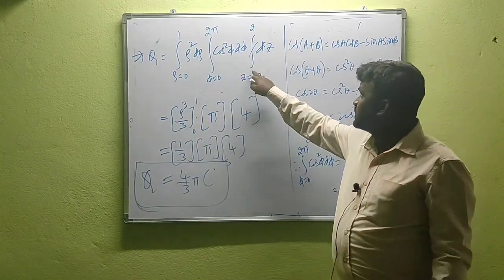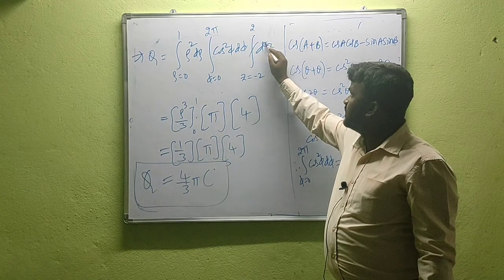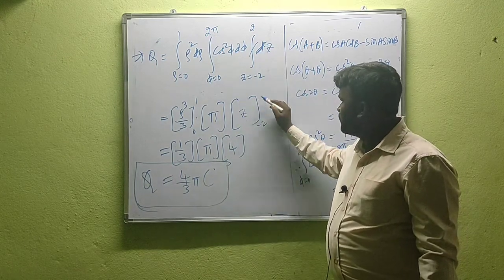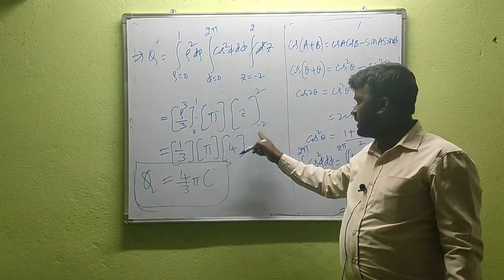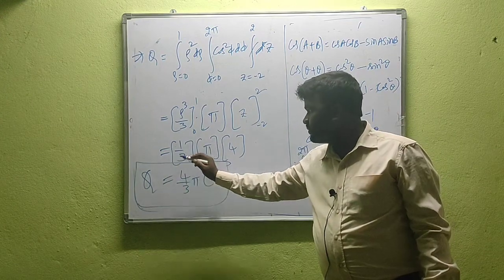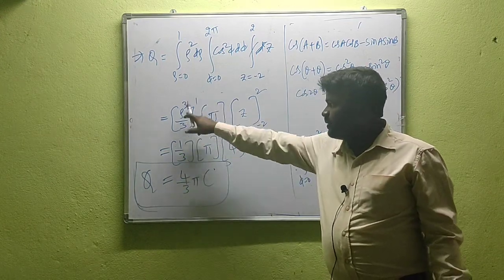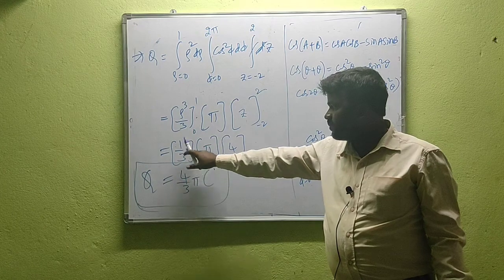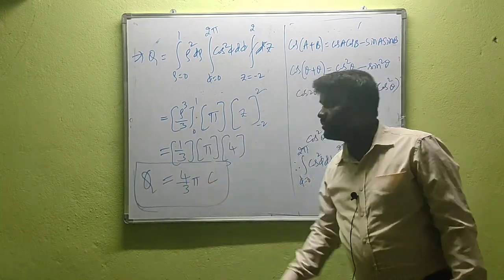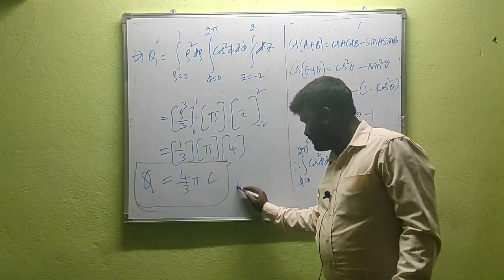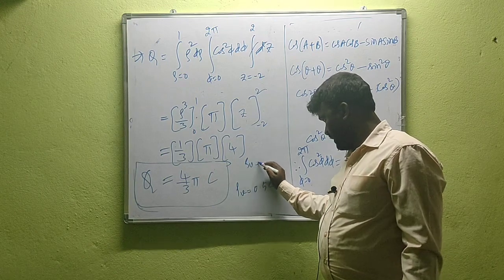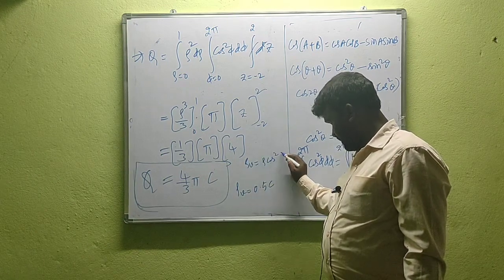Of course the integral of dz is z, so with z limits from -2 to +2, that is 2 minus of -2, which gives 4. This is πρ², that means 1/3 minus 0. For the upper limit, 1³/3 gives 1/3 minus 0. So finally we got 4π/3 coulombs. This is the Q. And ρv, we got ρv at the particular point as 0.5 coulombs, or in general ρv is ρ cos²φ.